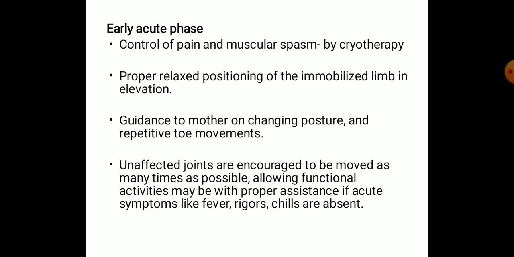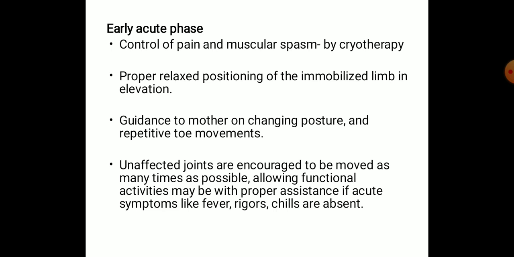If there is no proper movement of a particular joint, the joint can go into stiffness and the surrounding structures can go into contracture. And if there is no proper blood circulation, there can be chances of venous complications such as deep vein thrombosis. So in the acute phase, we have to prevent all these complications and reduce the acute complaints given by the patient.